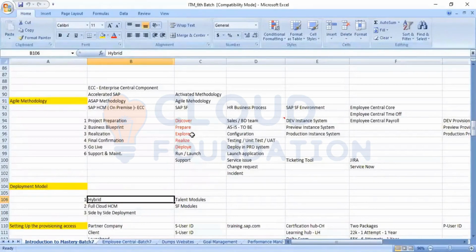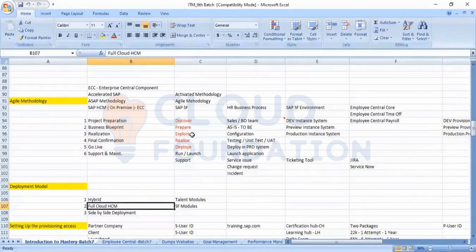Full cloud means what? Already they are using Oracle. Now they are totally migrating from Oracle to SuccessFactors. It indicates that now they are not using Oracle. They are totally moving into the cloud.